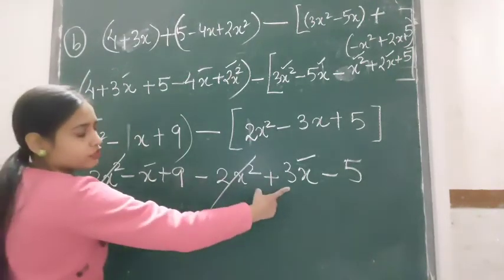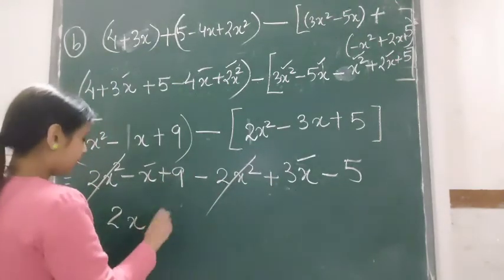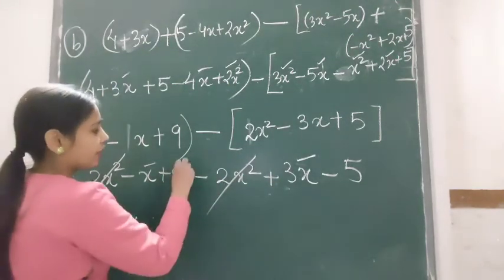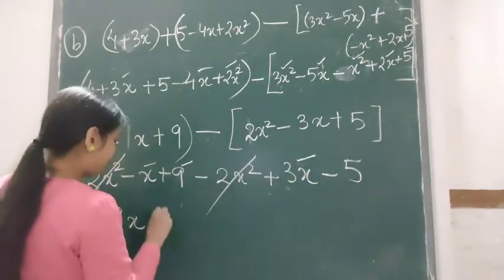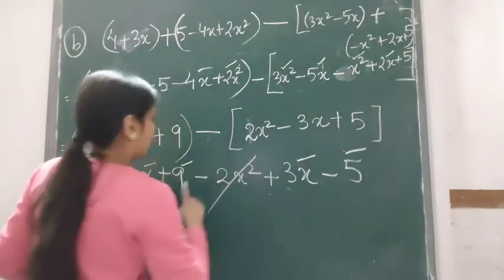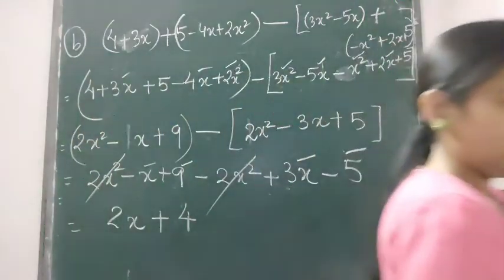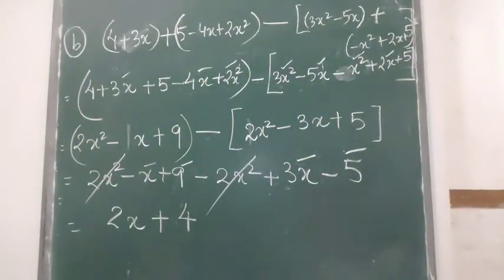Answer will be positive, children, because 3 is greater than 1 and it is positive. And plus 9 and minus 5, so 9 minus 5 gives us 4 and answer will be positive because 9 is greater than 5. So this completes your B part. Also the exercise 12.2. Okay. So now we will continue with